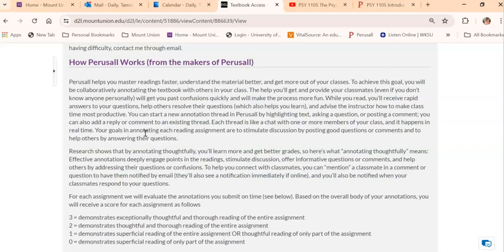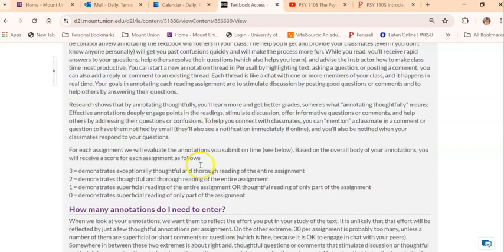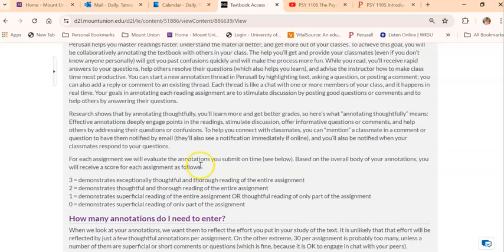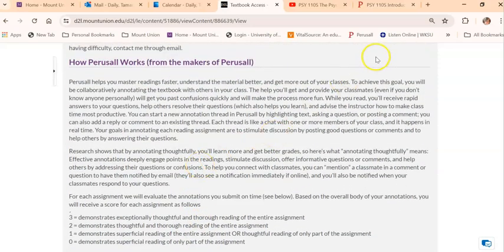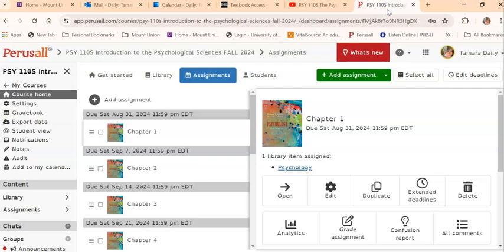Your reading assignment, the book, once you've accessed it, is there. And as you read, you can highlight sections and then ask questions, make comments. Perusall calls these annotations. And then you're given a score that shows the degree of cognitive complexity in the comment that you've made. So when I use Perusall for students to make annotations,